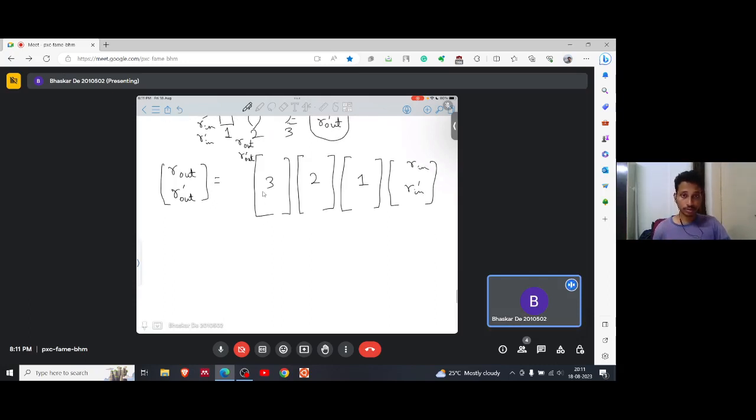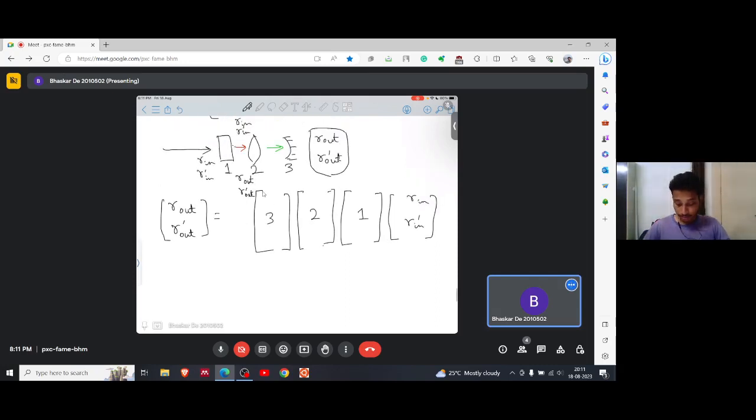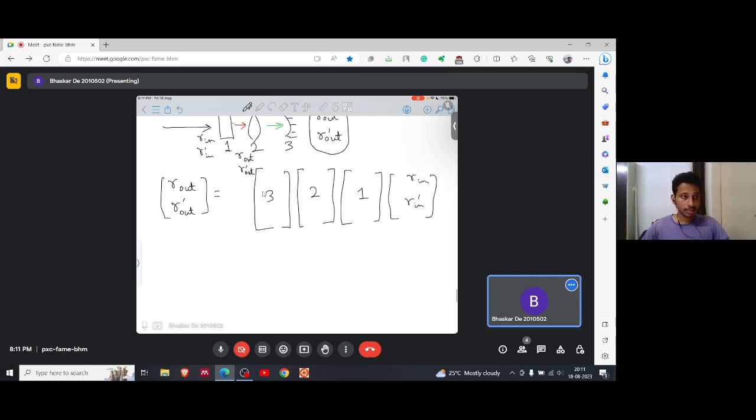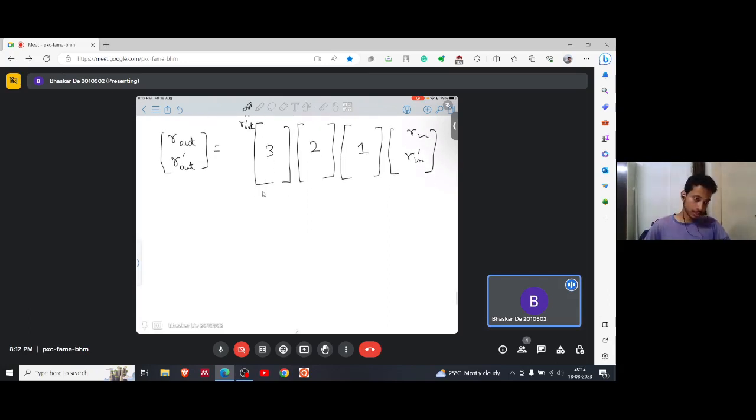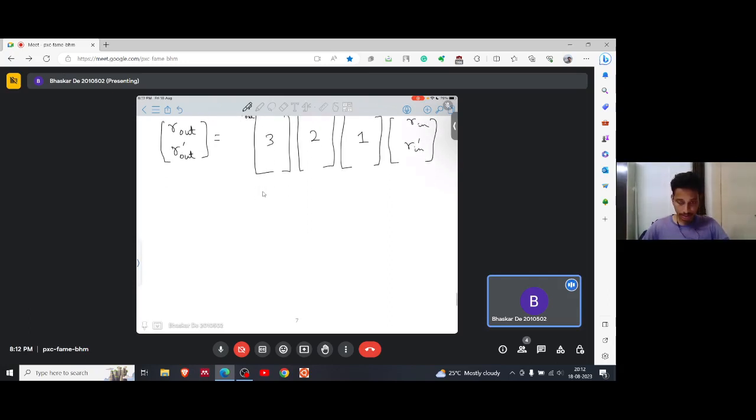So that's why we need to understand this matrix method, so that you can easily calculate the position of the beam and the direction of the beam after going through some optical elements. This is the basic advantage of using the matrix method. Now in case of laser, why do we need this? Because as you know, the laser has a very high directionality. So in case of laser cavity,